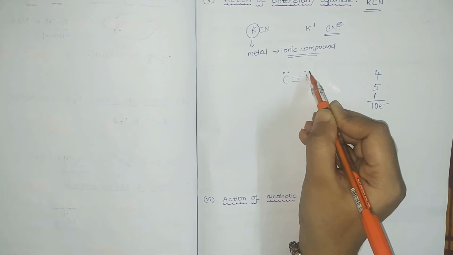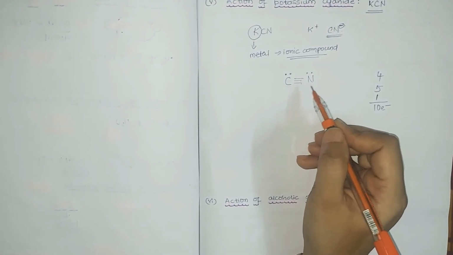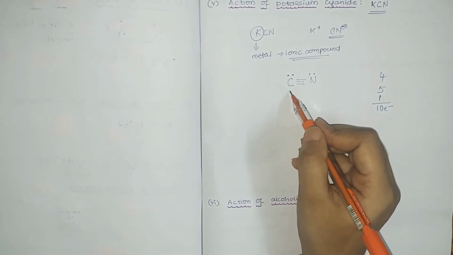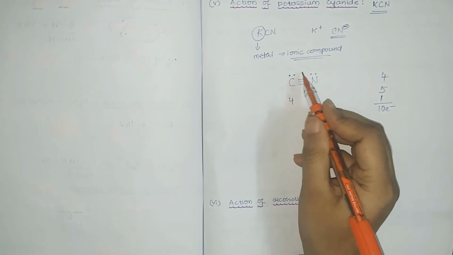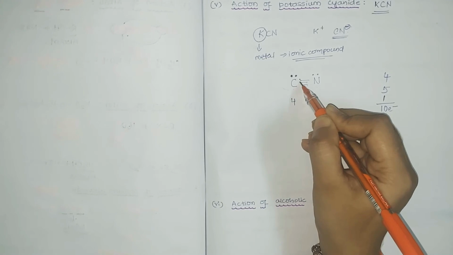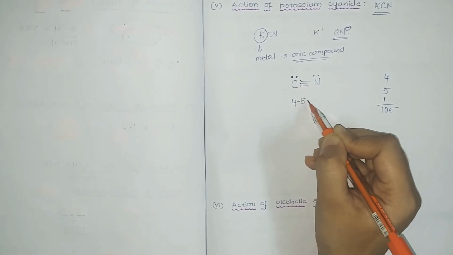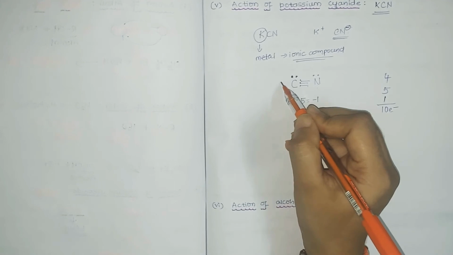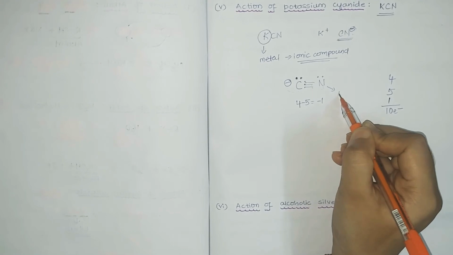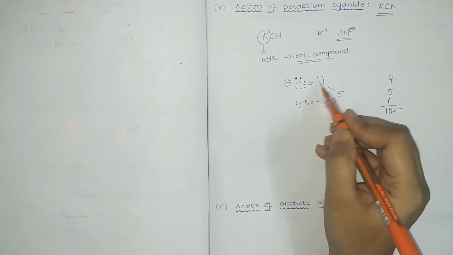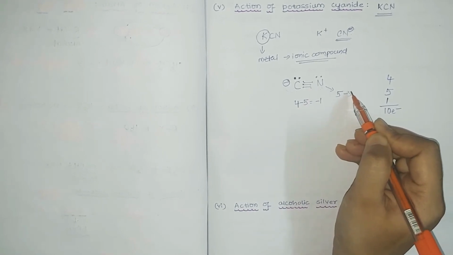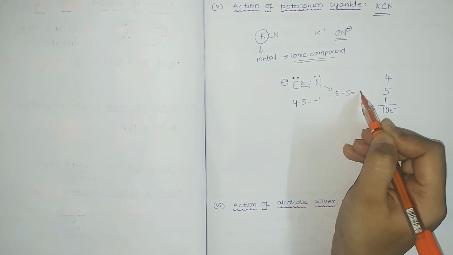Now we'll find out the formal charge. I have said you in my previous videos how to calculate the formal charge directly. Actual electrons in an atom minus actual electrons towards the atom in Lewis dot structure. So here in carbon actual electrons are 4. Here you can see it is having 1, 2, 3, 4, 5 electrons. So 4 minus 5 which is equal to -1. In case of nitrogen, actual electrons in nitrogen are 5. In the Lewis dot structure, how many are there? 1, 2, 3, 4, 5. So 5 minus 5 is equal to 0. So what is the formal charge on nitrogen? It's 0, and on carbon it is -1.